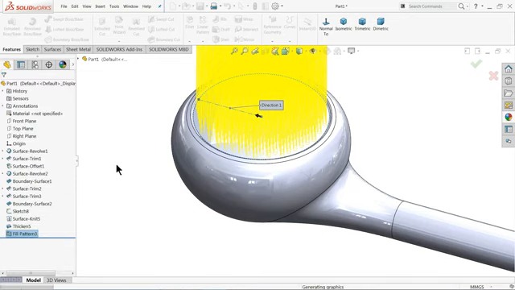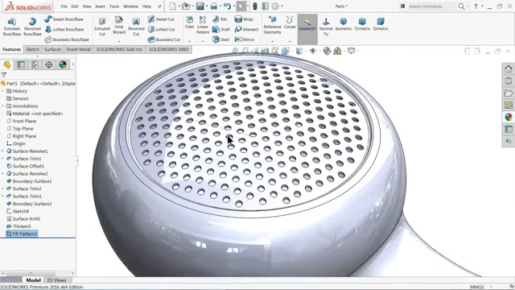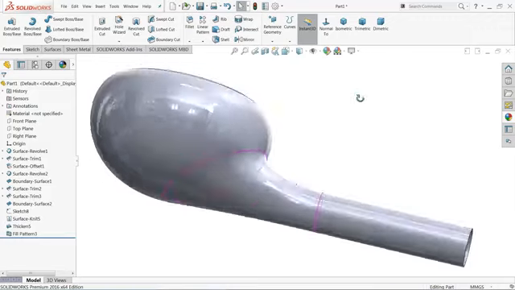Now that's it. So this is our earphone body. This is a simple body we created with the help of surface tools. We used many surface tools. I hope you like it. Let's wait because it takes time, because sometimes your computer hangs. Okay, so let me hide this. So this is our earphone body.